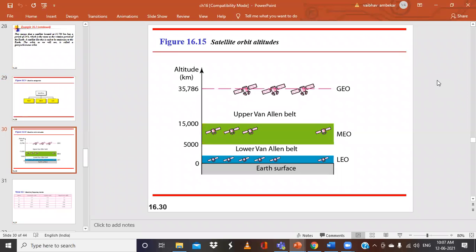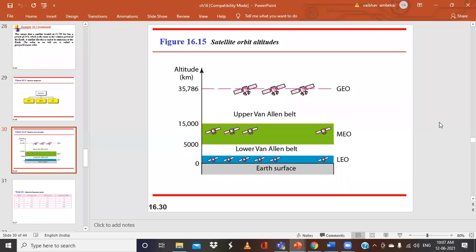When we talk about these different types of satellites, they are placed at a particular altitude compared to the Earth surface. Altitude is nothing but the height of an object from a particular point. So these different types of satellites are placed at different heights compared to the Earth surface. We'll study these one by one now.